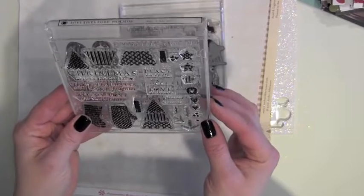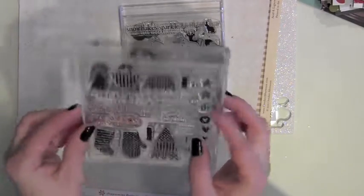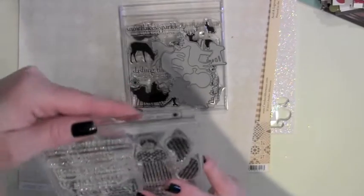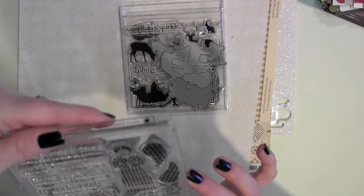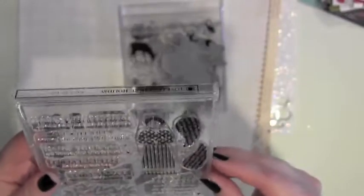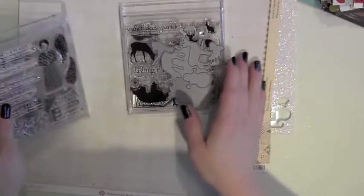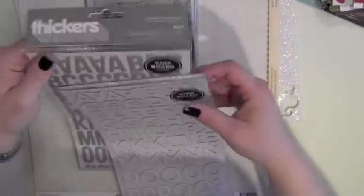And then there are some fun phrases on this stamp set called Love Lives Here Holiday, and something like that would be a nice subtitle for my page. I was trying to think which one I liked. I think the Merry Christmas from Our Home to Yours up here at the top, I thought would either be cute stamped on a label sticker or just used as the subtitle on the page. So I have those stamps. I've also pulled out some chipboard